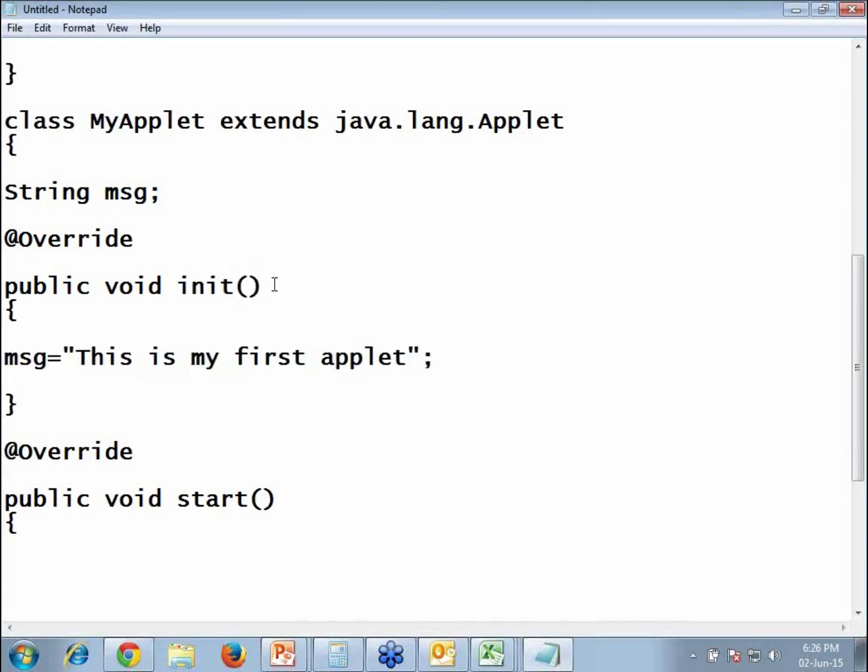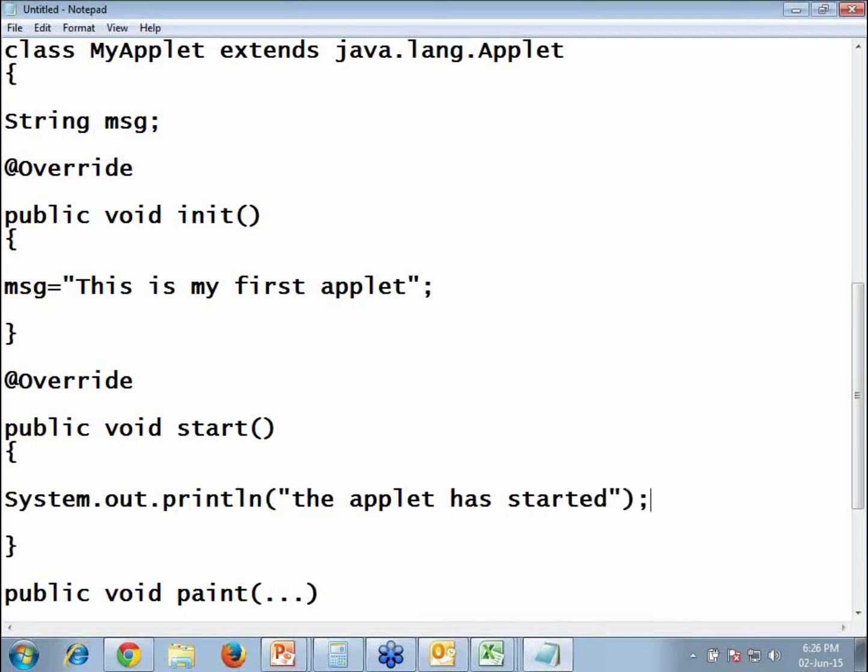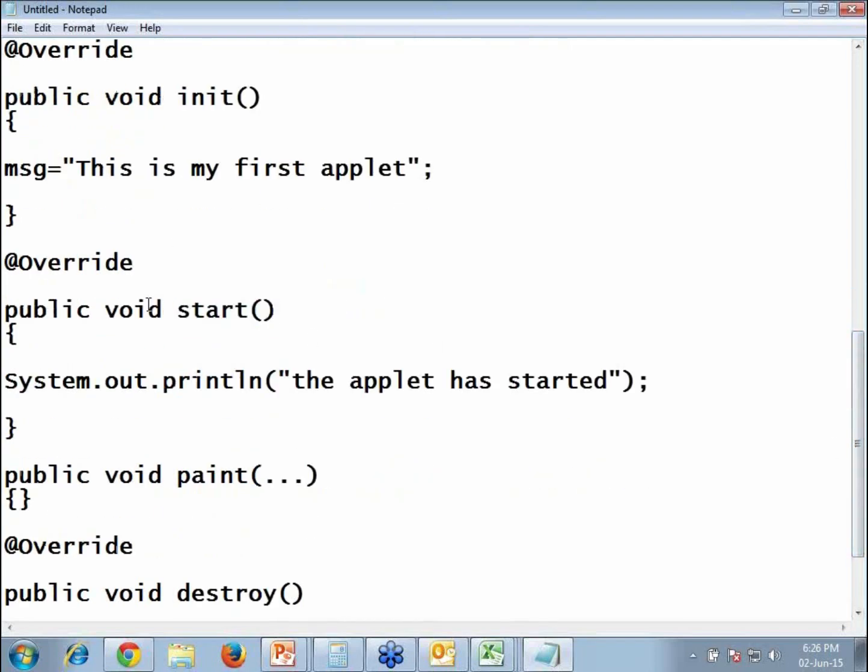In a similar way, after we initialize the applet, we have to start it. So here I can put a message like System.out.println, "The applet has started." So who is calling the start method? It is done by the browser, for starting the applet itself. In threads we also have a start method.